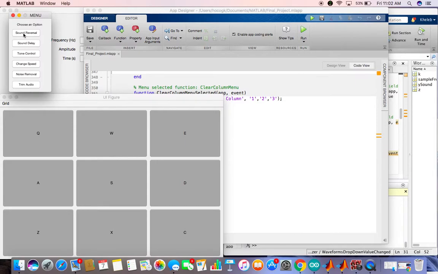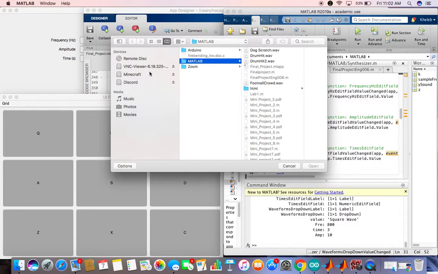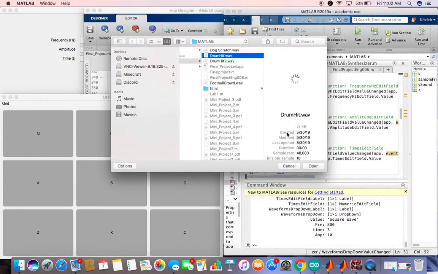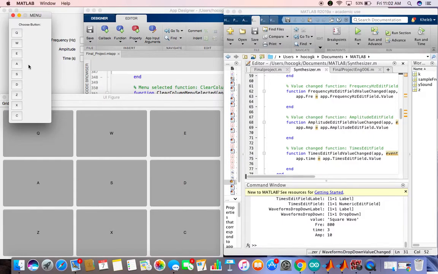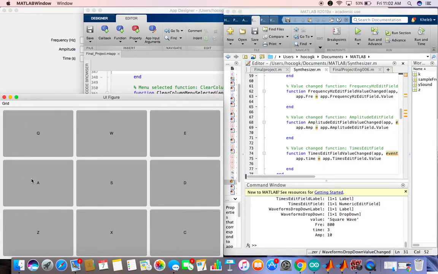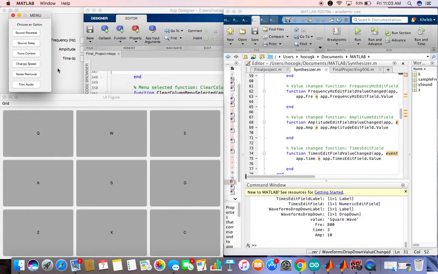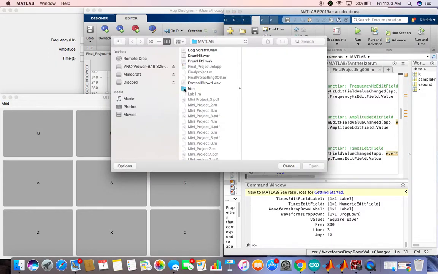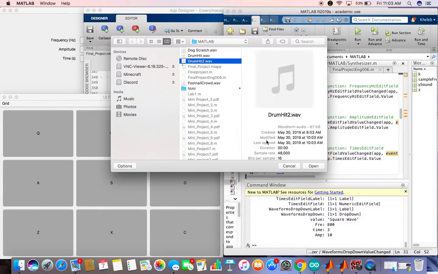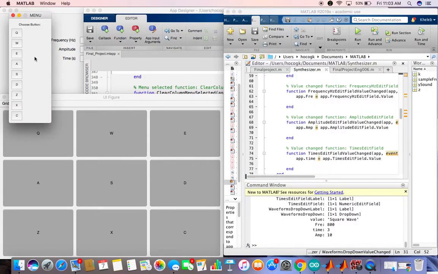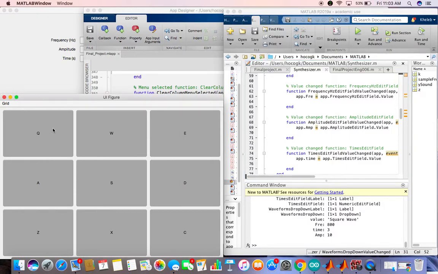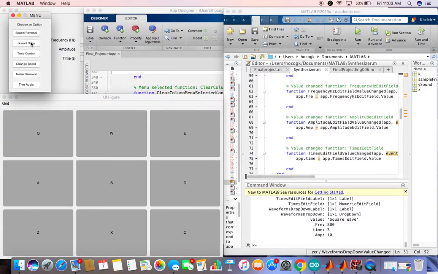I'm going to start with the sound reversal. So we're going to choose a file, drum hit, open, choose a key. Okay. Audio files, edit, sound delay, drum hit 2, open. See that delay right there? The sound delay was